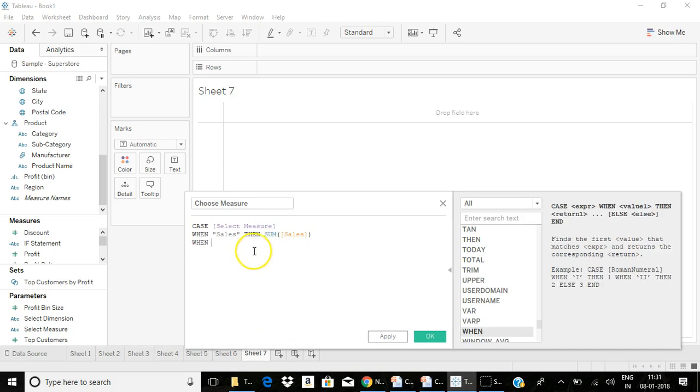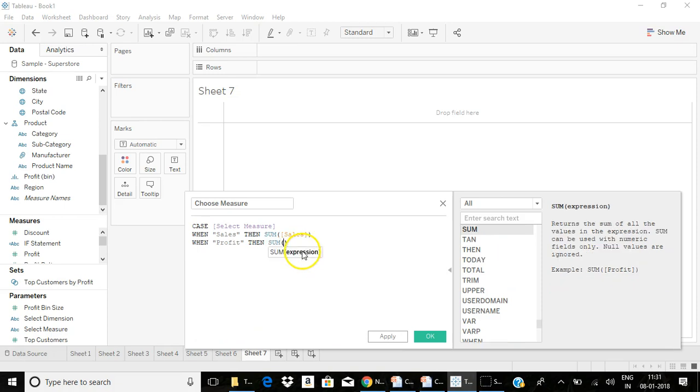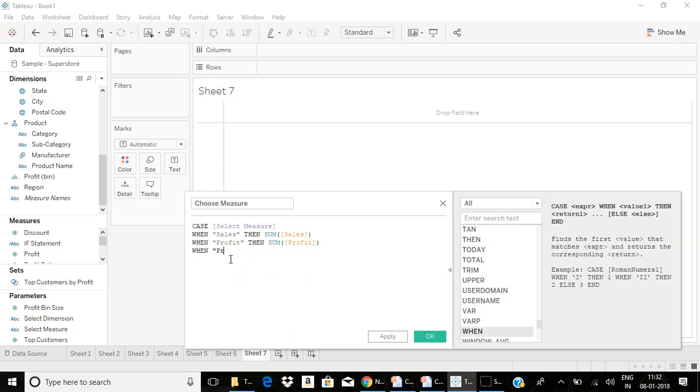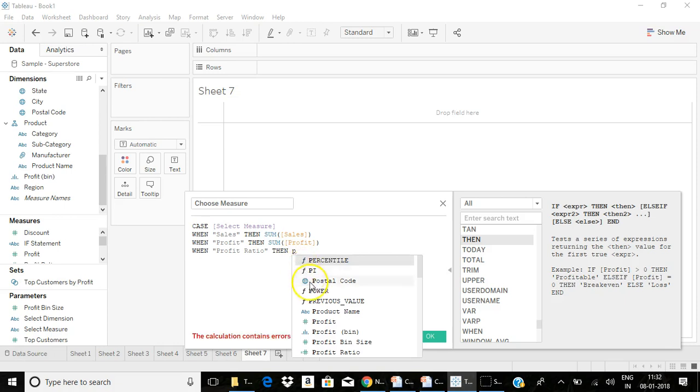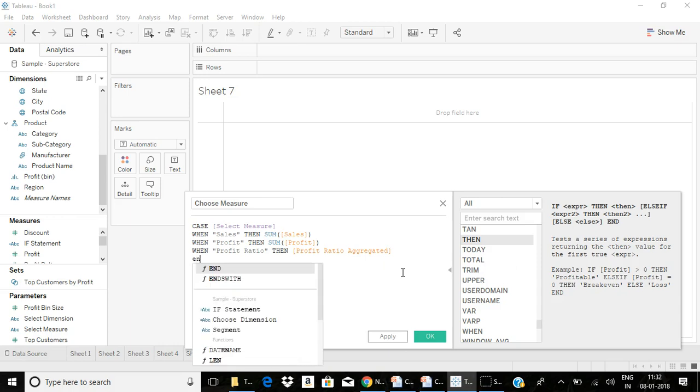When profit, then sum of profit. When profit ratio, then I call the aggregated profit ratio, so no need to be aggregated, end.